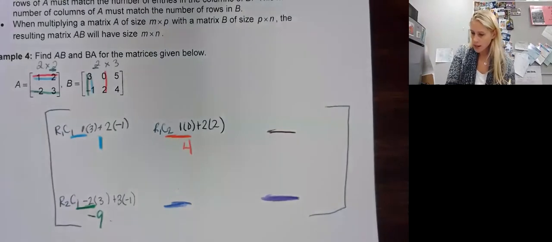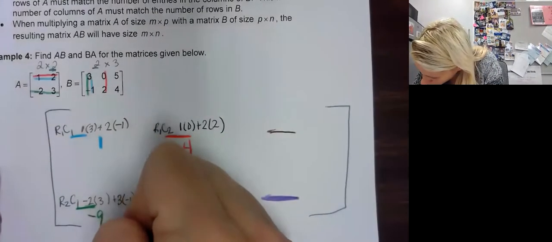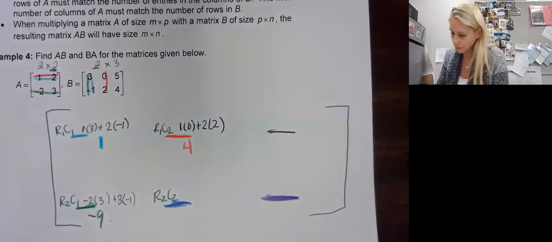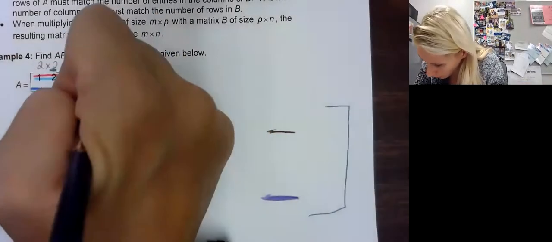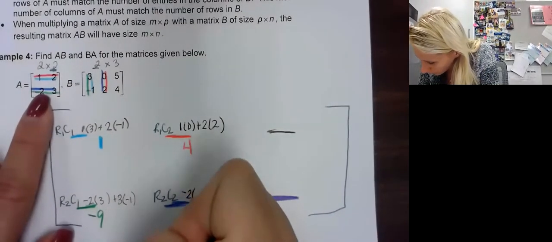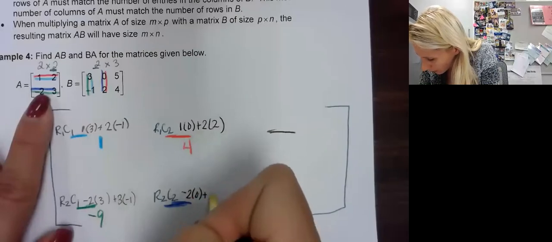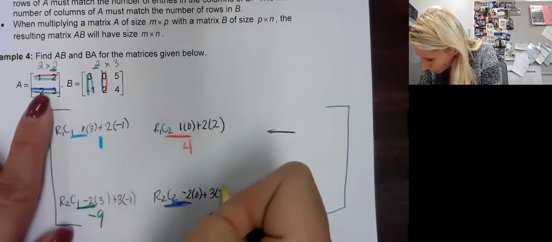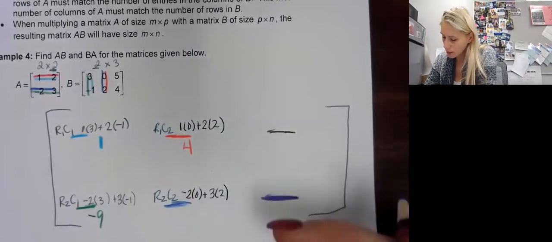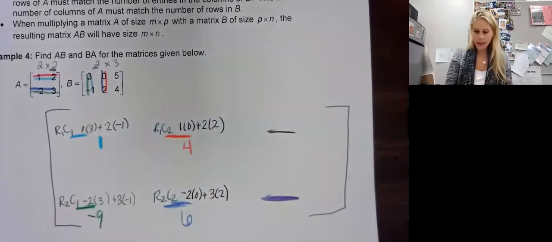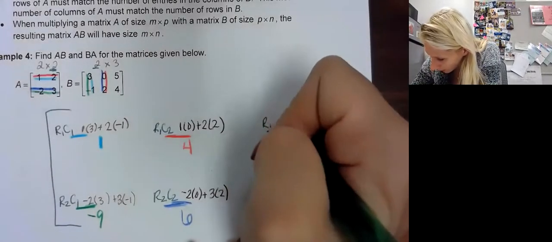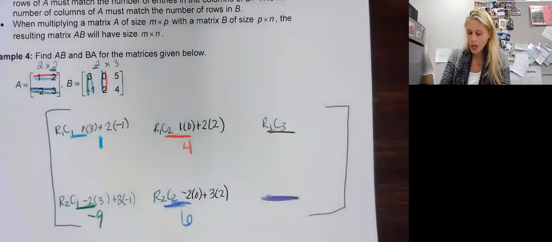Okay. Next, I'll do this one down here. Row 2, column 2. That is the dark blue. So row 2, column 2. That is -2 times 0 plus 3 times 2. All right. What does that give us? 0 plus 6 is 6. See how this can take a while? But what I would do is take your time to get in a pattern